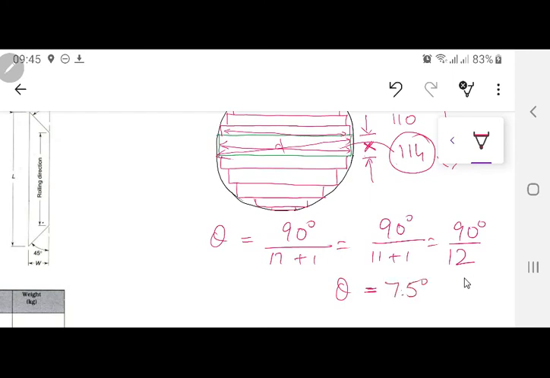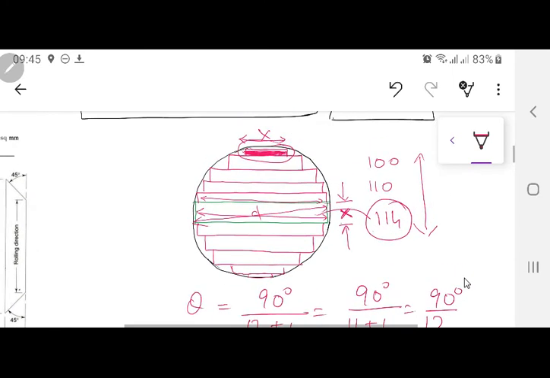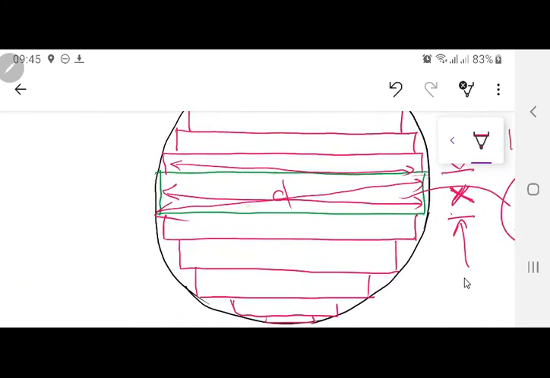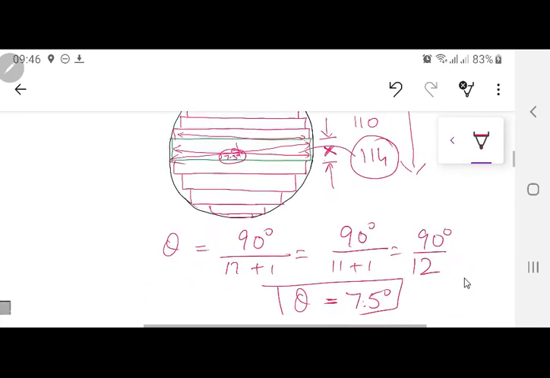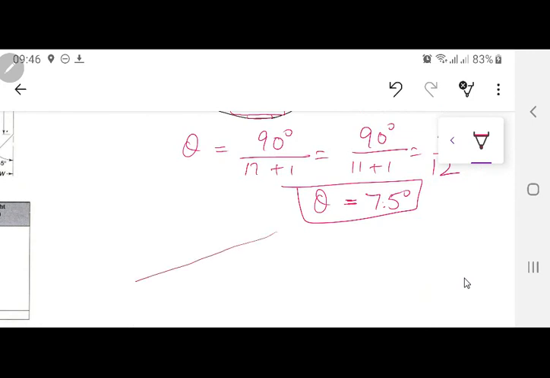7.5 degrees. So can I assume that this angle over here is going to be equal to 7.5 degrees? Now, if this is 7.5 degrees, I know the hypotenuse of the triangle is 118. Now let's just make an approximation for that 114 also. So what this means is I have this triangle over here.